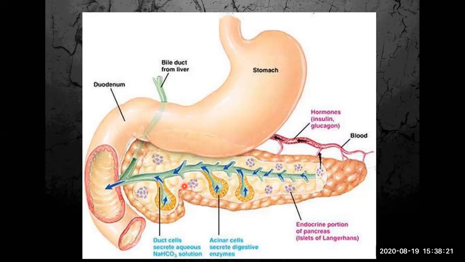Dual gland means it performs both functions. It releases enzymes for the digestive process that we have already studied. Pancreatic juice is released from this pancreas, and it helps to digest proteins and carbohydrates with the help of enzymes trypsin and amylase, and lipids are digested through lipases. So the pancreas is an exocrine gland also.